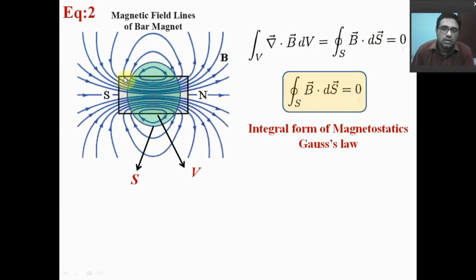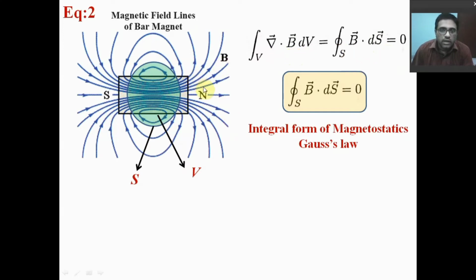So here this is a bar magnet, and suppose this is the S pole and this is the north pole, and these are called the magnetic field lines. You know that magnetic field lines originate from the N pole and end at the S pole. Now if we consider a closed surface S enclosing this volume V, then the divergence of this magnetic field over this volume, that is basically the flux of these magnetic field lines, will be 0. Okay, so this can be proved.